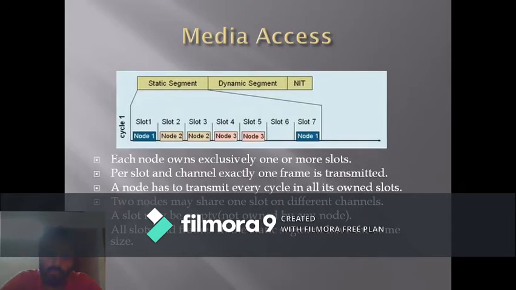In the static segment, different slots are available for different nodes, and each node owns one slot. When transmitting data, it should transmit only through the slot owned by the node. A single slot has a fixed length of time and an identifier that is assigned to a specific control unit,